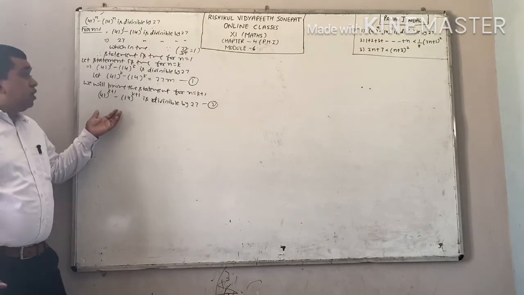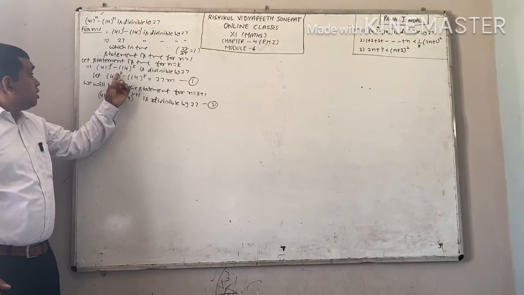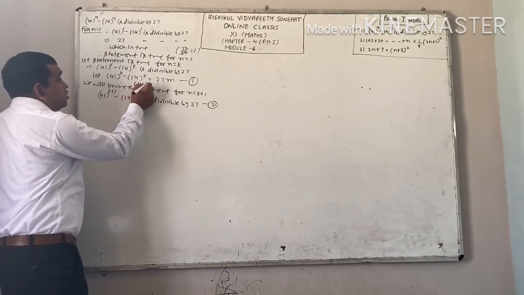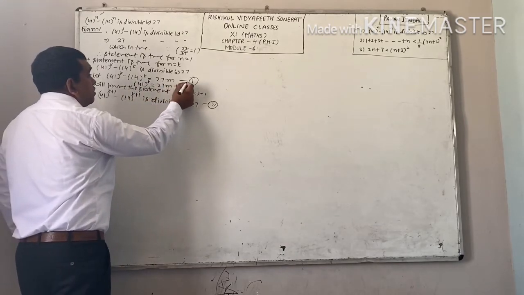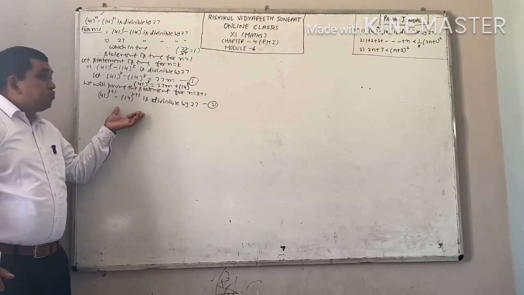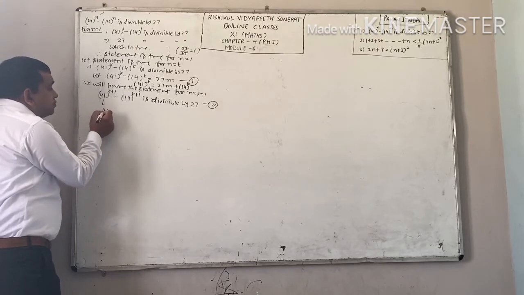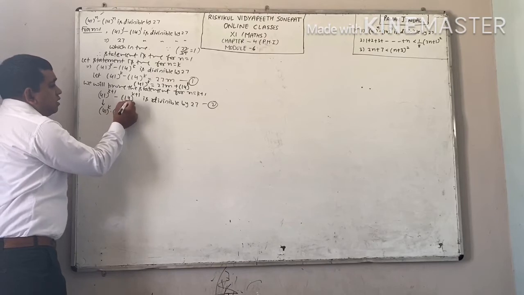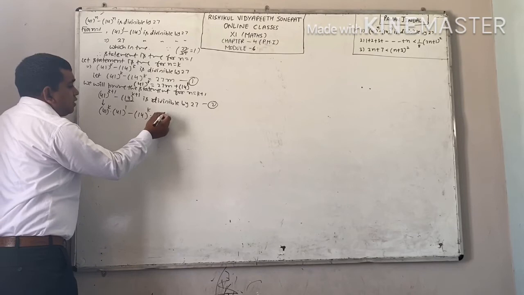Now how do you prove? Find value of either 41 raised to power k or 14 raised to power k from first. I am finding the value of 41 raised to power k from there. This is 27m plus 14 raised to power k. Now we will use this value to prove this. Now break it. See what you get. 41 raised to power k into 41 raised to power 1. Break this also. 14 raised to power k into 14 raised to power 1.